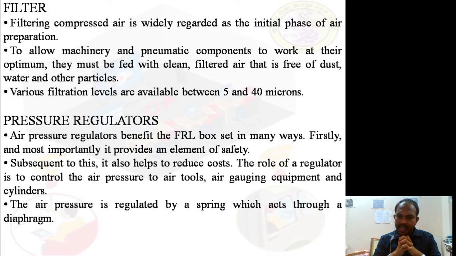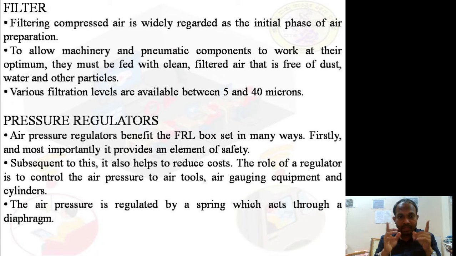It will burst. It will fail. That means there is a failure of the system. It is a failure of the system. It is only because we are not letting the excess pressure go out. Now, if a receiver or a pneumatic system has been designed to operate under 10 bars, we have